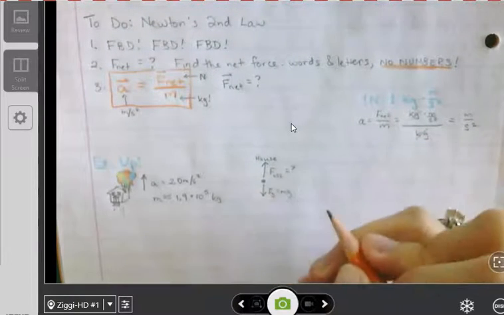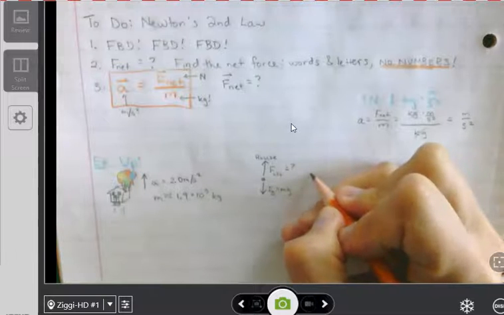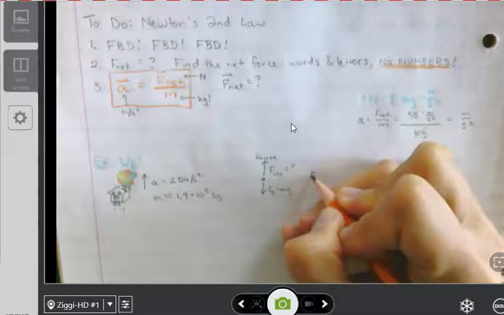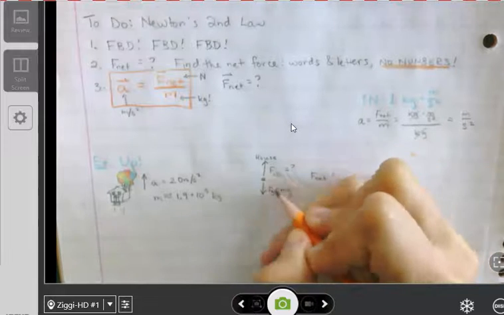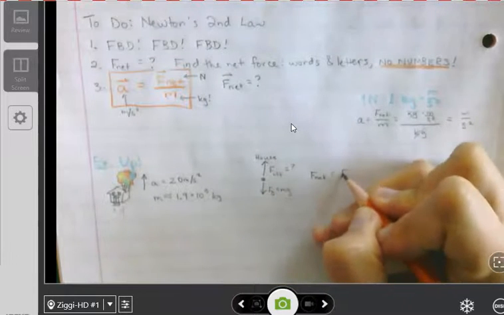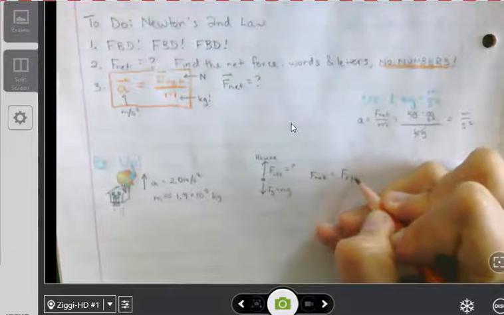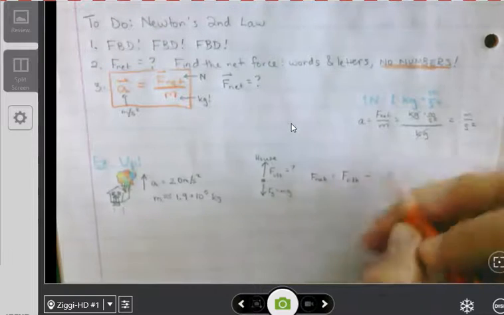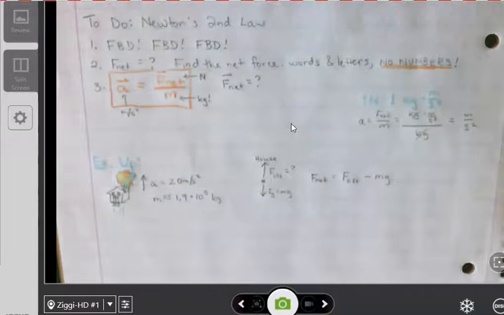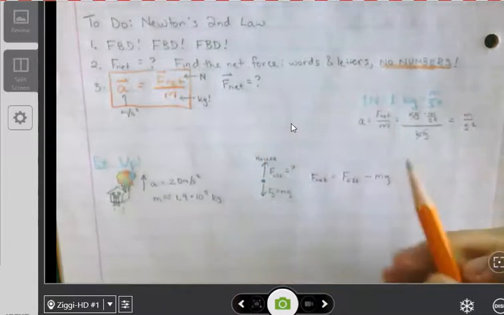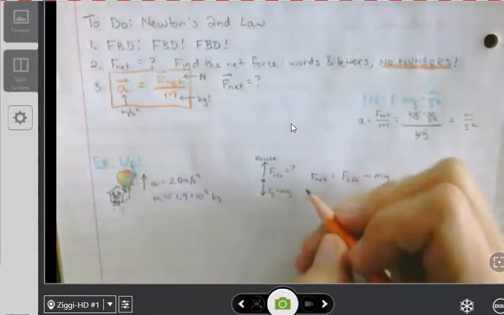This is where we get into finding the net force in words and letters, no numbers. The net force from this free body diagram is clearly in the vertical direction. There's F lift going up and the weight, mg, going down. There. Now we've found the net force in words and letters, no numbers, and we're ready to move on to